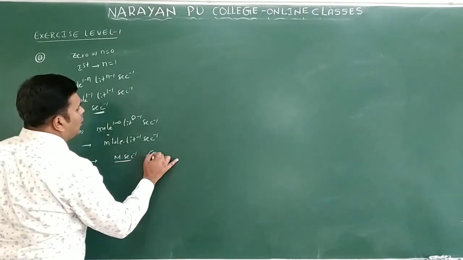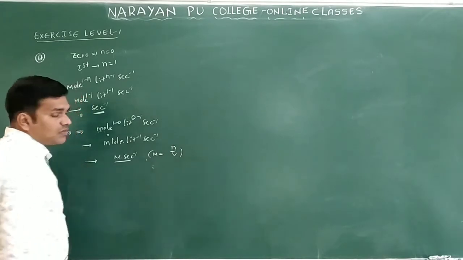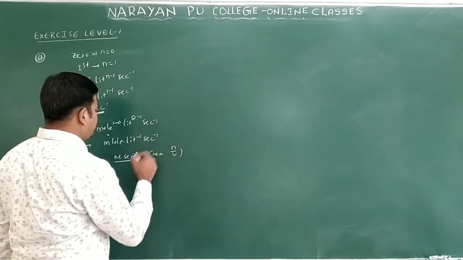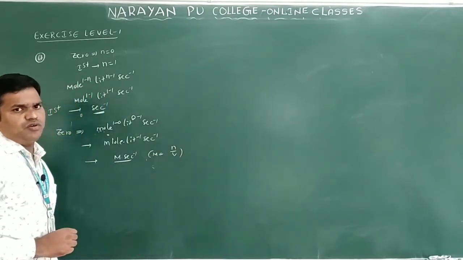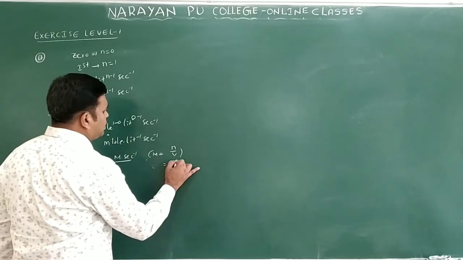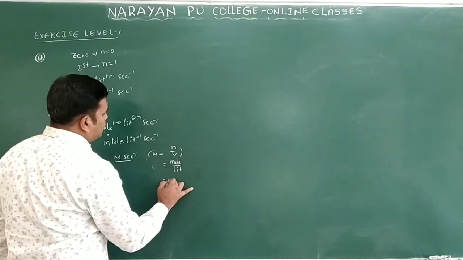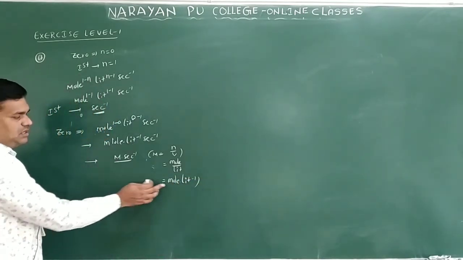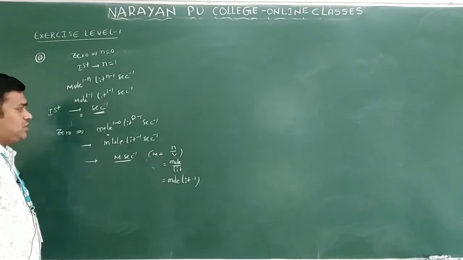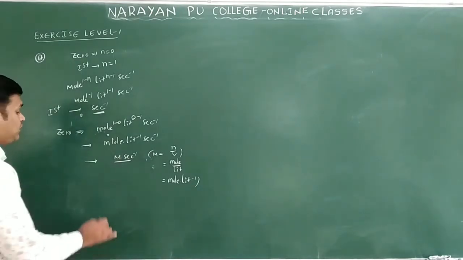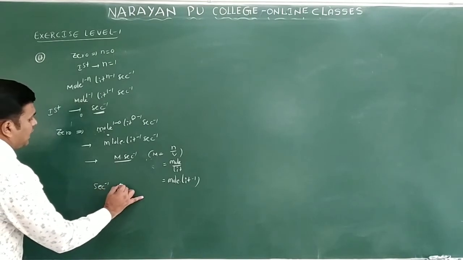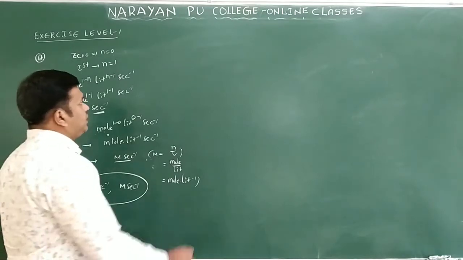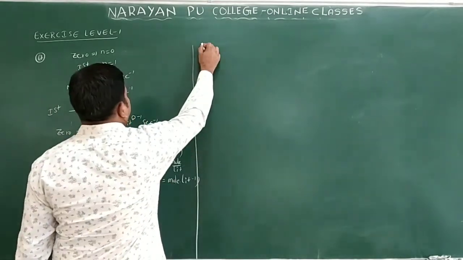Why here? Molarity M is equal to n by V. What is n here? If you take molarity, you get n by V, mole per liter. So n means mole, V means volume in liter. From this you get mole and liter inverse. So mole liter inverse, that I want to write as molarity. What will you get? Second inverse. So what are the units? For first order, second inverse. And for zero order, you get M second inverse. What answer will you take? You will take option 1 for this question.